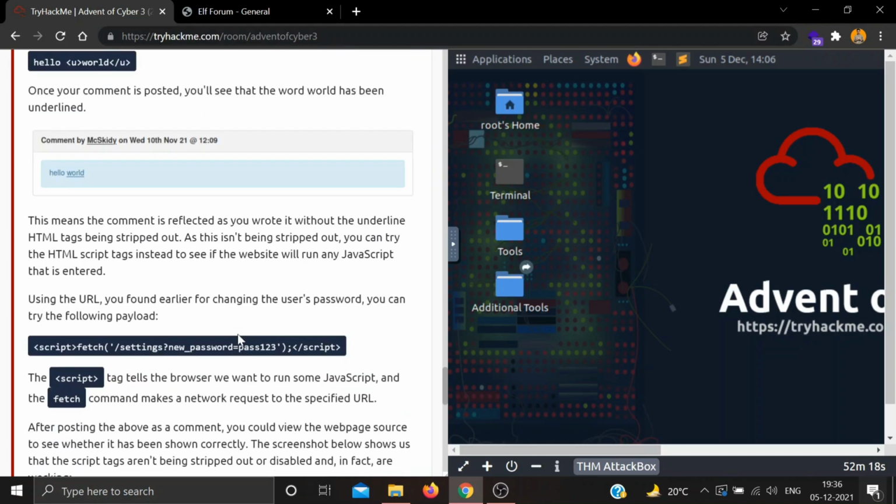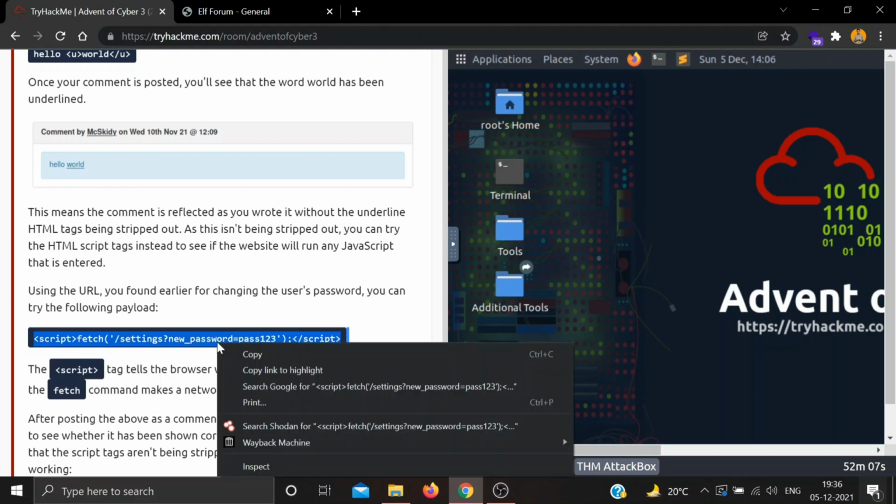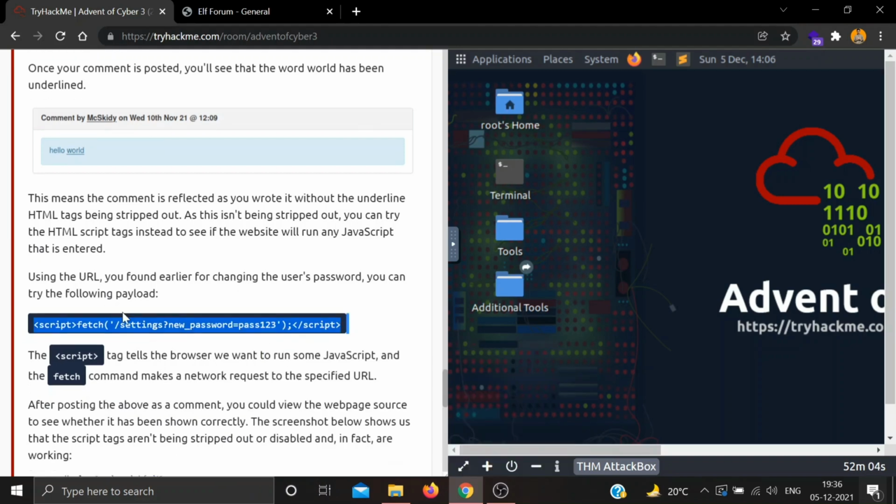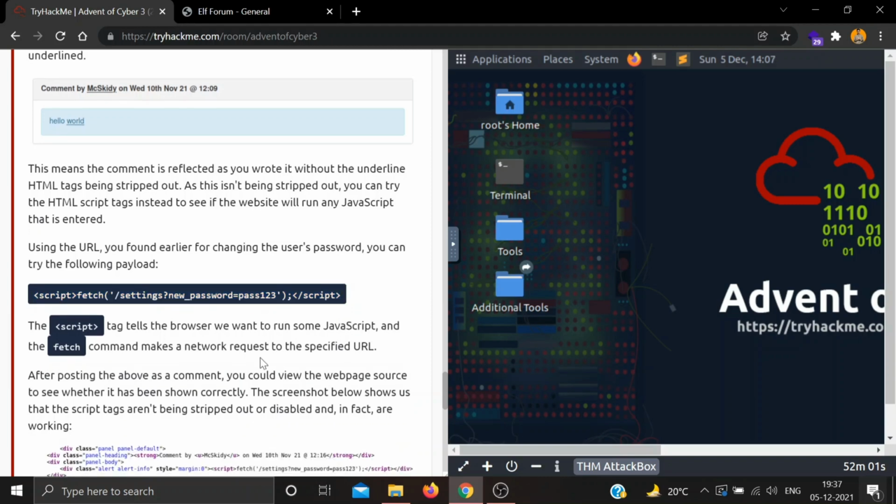We already saw that. Now, using the URL we found earlier for changing the user's password, we can try the following payload. One payload is given: script fetch with the settings URL. Here the script tags tell the browser we want to run some JavaScript, and the fetch command makes a network request to the specified URL.